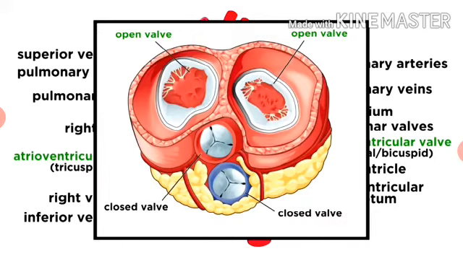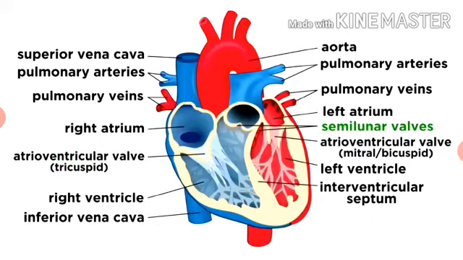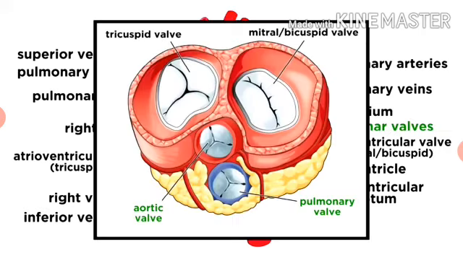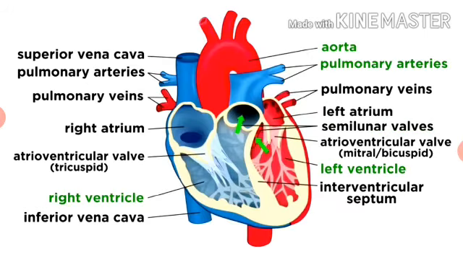When the heart is relaxed, the blood flows through. But when the ventricles contract, the valves close due to the change in pressure. There are two other valves, the semilunar valves. One is the aortic valve and the other is the pulmonary valve. These valves connect the ventricles to the arteries that stem from them, preventing blood that is leaving from flowing back into the ventricles.